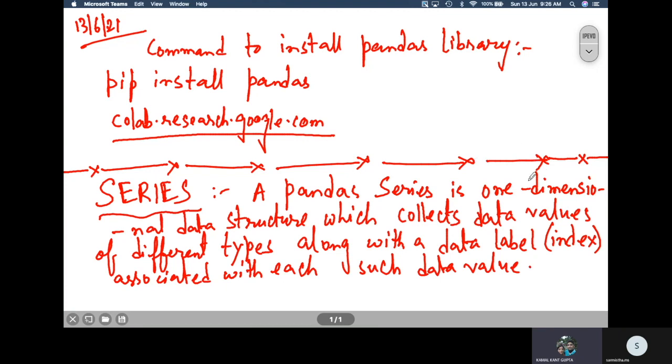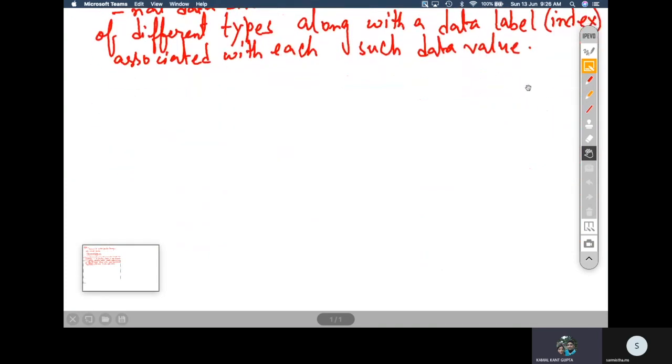Now let us discuss in detail what this means. You have a Series capturing values of different data types, and each value is indexed with a data label.